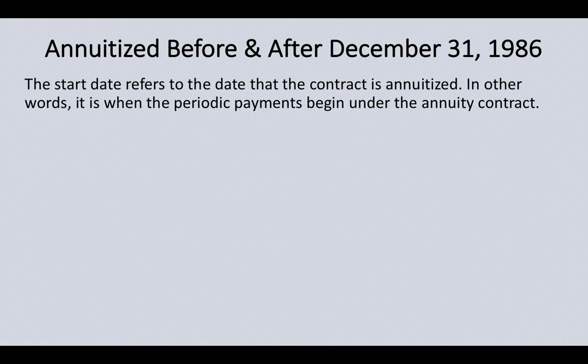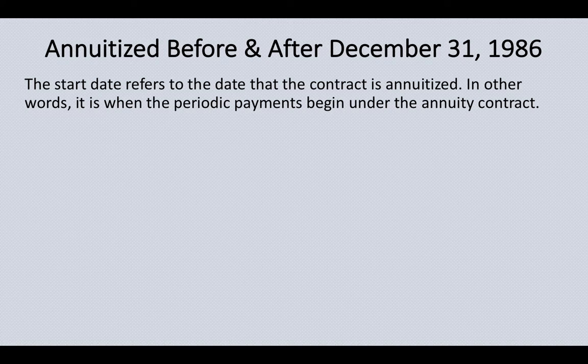In the fixed annuity, we talked about, in the previous example, Nancy's life expectancy is 20 years. What if she lives more than 20 years? That's coming to the situation of a law that happened in 1986. This is the same as the fixed annuity in my other video. So basically, if your